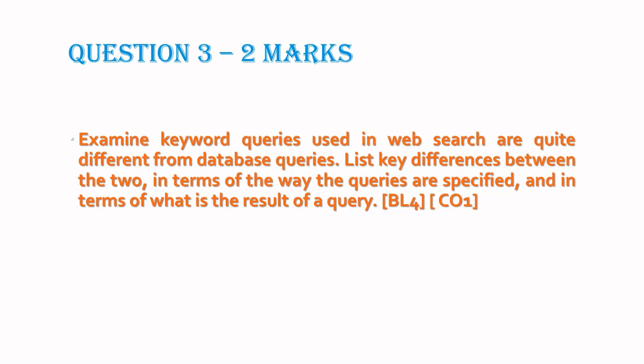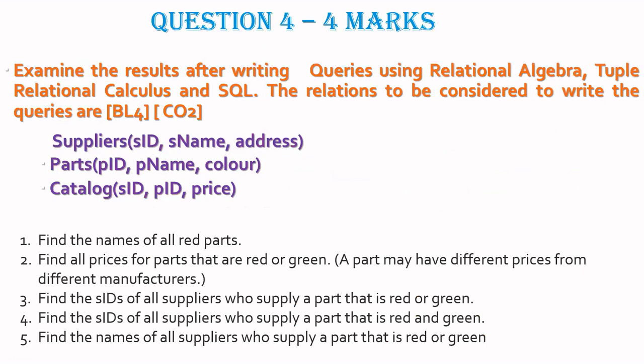You should give the examination points, examine each and every difference, whatever I said, and show examples for each of them. That falls into Bloom's taxonomy 4 and CO1. The marks for this question are 2 marks. And the last question has 4 marks, and Bloom's taxonomy 4 and